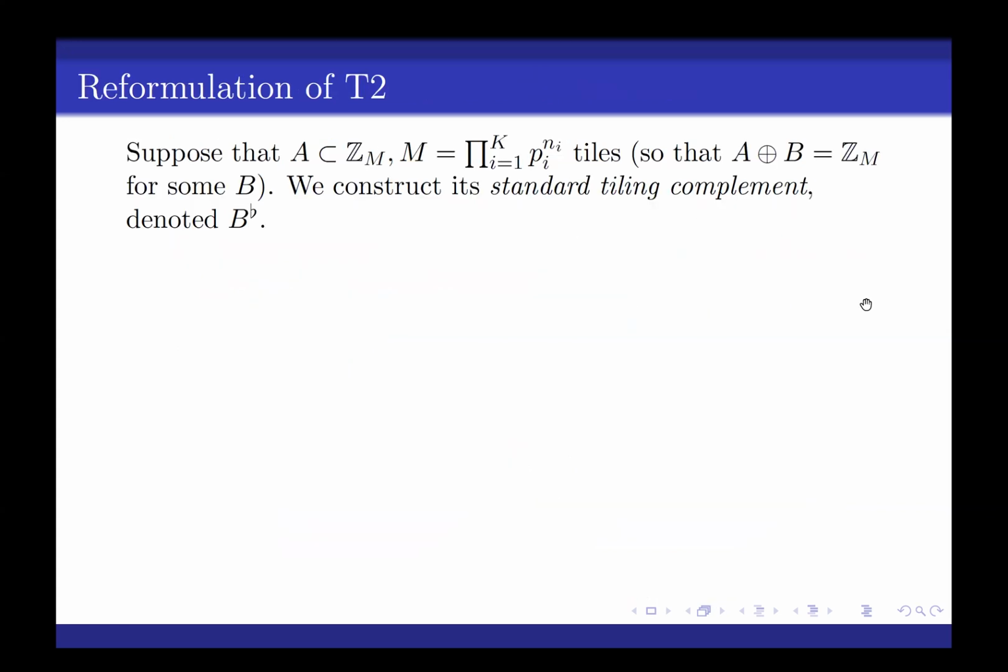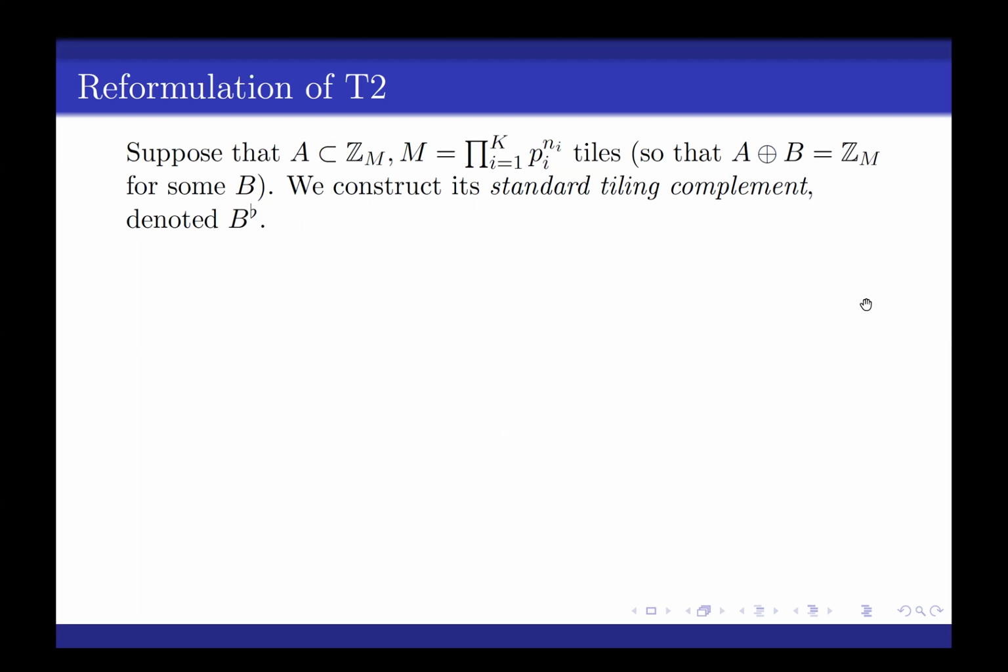Okay, so now let's continue with the reformulation of T2. And this is actually inspired by the construction of Coven-Meyerowitz when they proved that the T2 condition implies tiling. Okay, so I'm going to start with a set A that tiles. We don't have any distinction on the number of prime factors or their powers of the order of the group